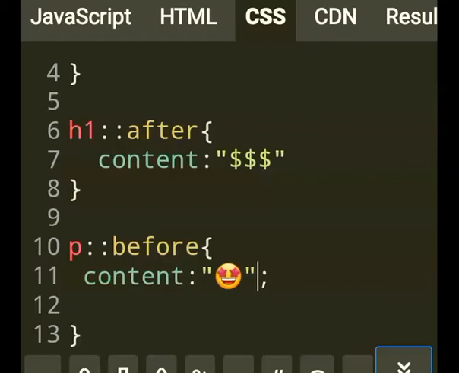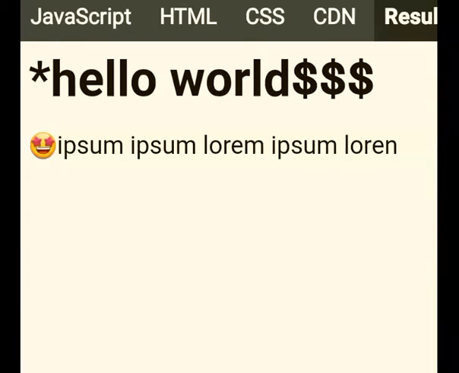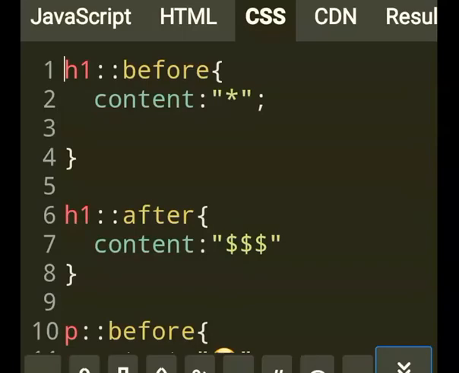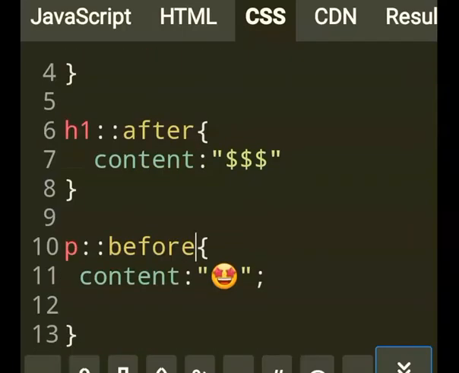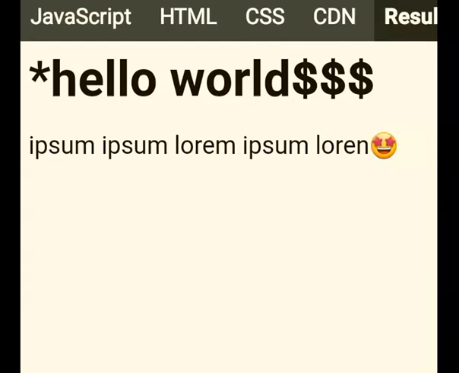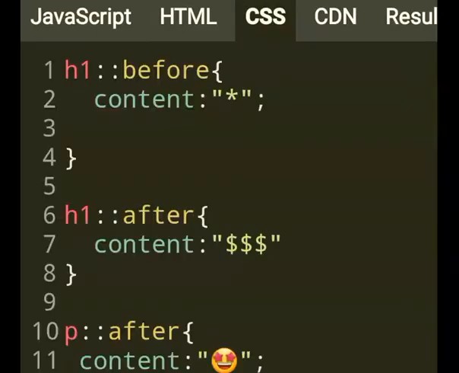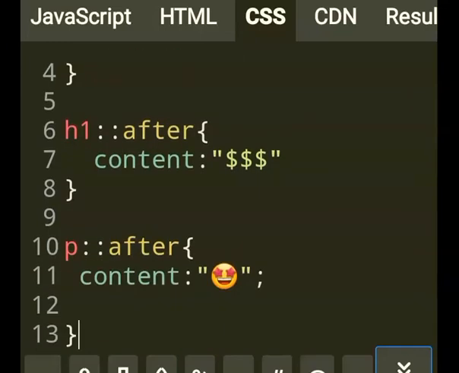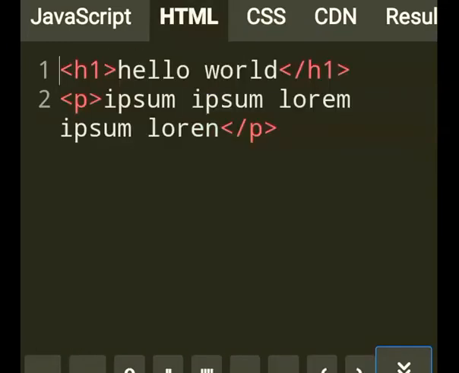Let's check it out. There you go. Go back. What if I do after? Let's say you can do the same thing with